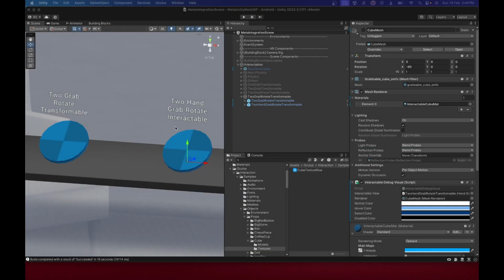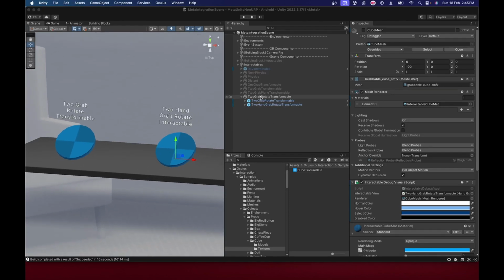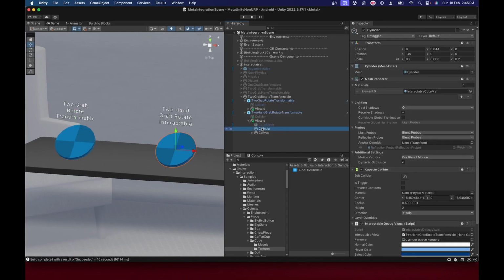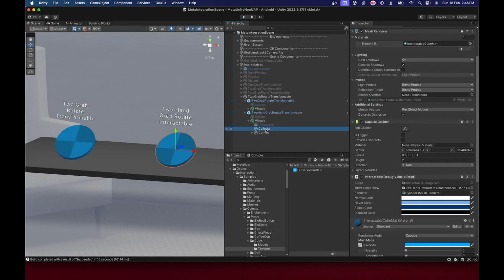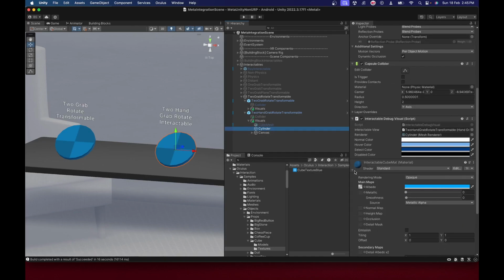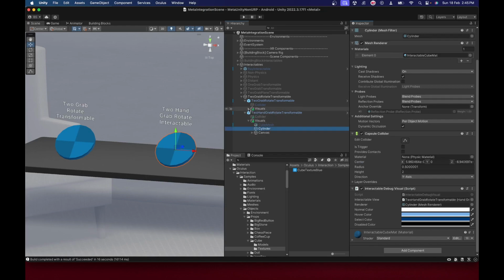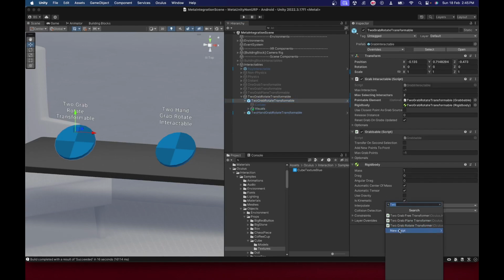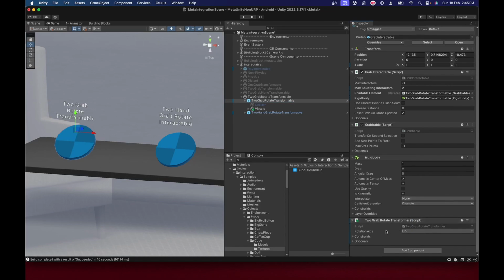Alright, so coming back to our final transformer, which is called the two-grab rotate transformer, and it's the same as the previous non-physics one. The only change I made was to add a cylinder with a scaled down version of it, so that they would look like something as a disk, and I updated the interactable debug visual to be applied on the cylinder, and disabled the cube mesh and the collider that we had, because the collider exists on the cylinder now. Alright, let's add the two-grab rotate transformer script onto it,